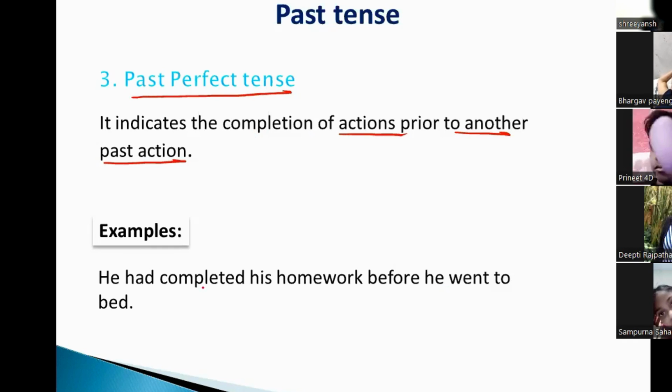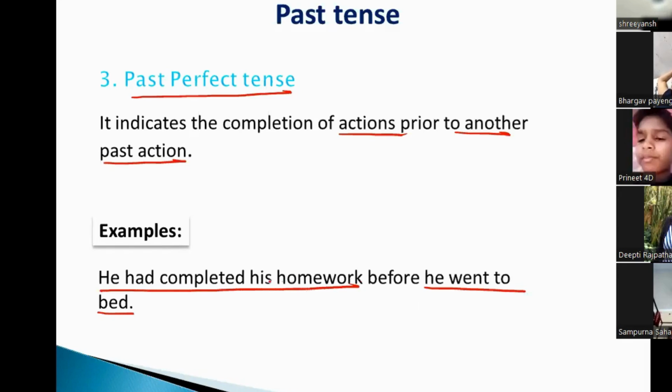For example, you'll understand it better if we take this example. He had completed his homework. So this is one action. And he went to bed is another action. So what this past perfect tense is indicating, it indicates the completion of an action